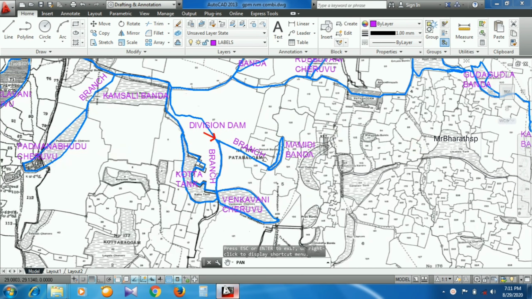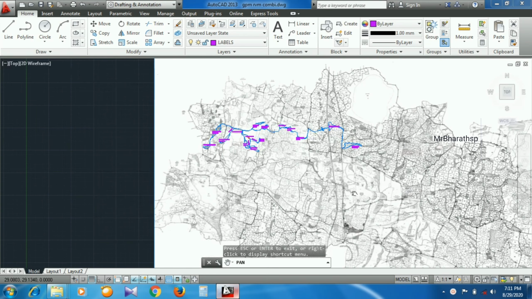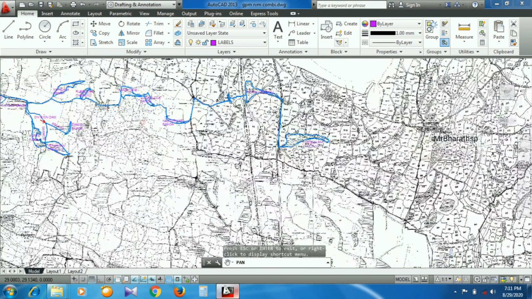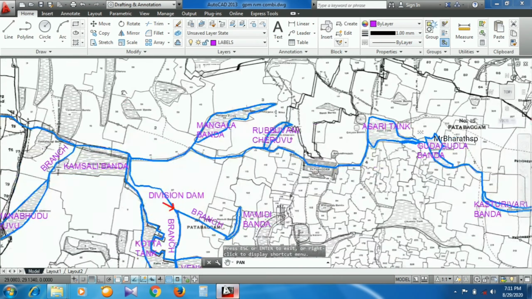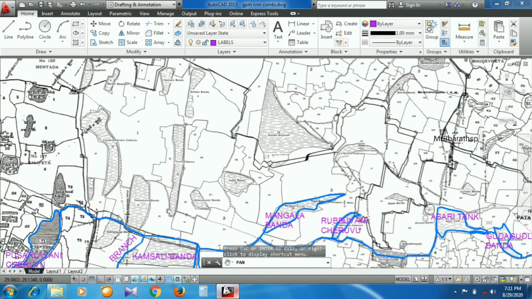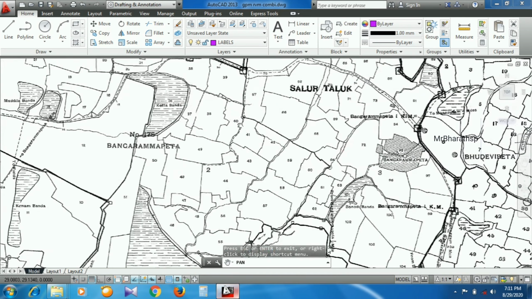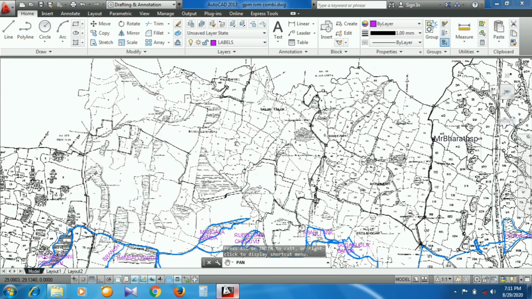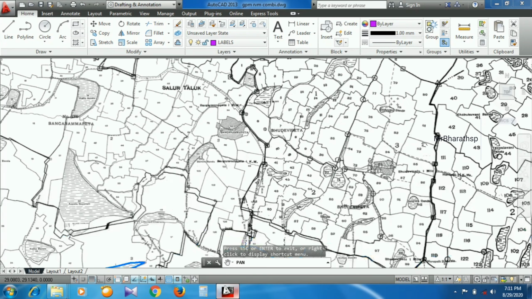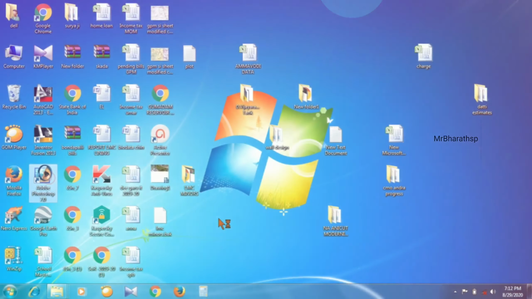We can clearly see each and every survey number and tank names, etc. Usually these revenue village maps are available with the surveyor of the respective mandal or at the survey and land records office of the particular district. Now let us go to the topic and see how to join the revenue village maps in Photoshop software.